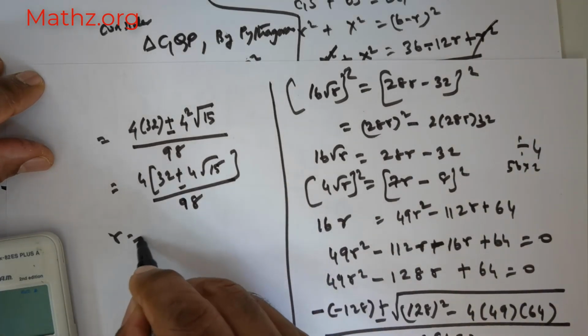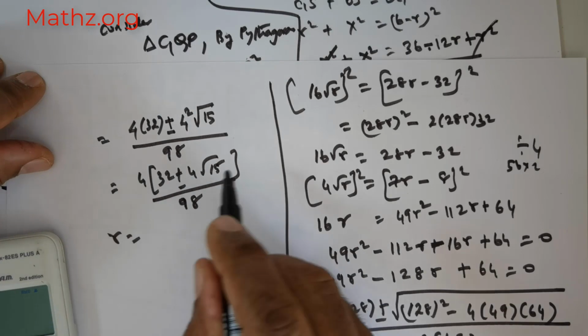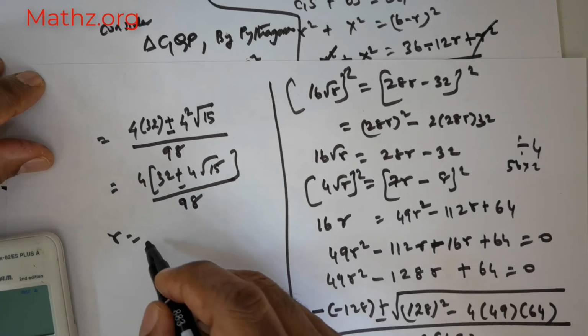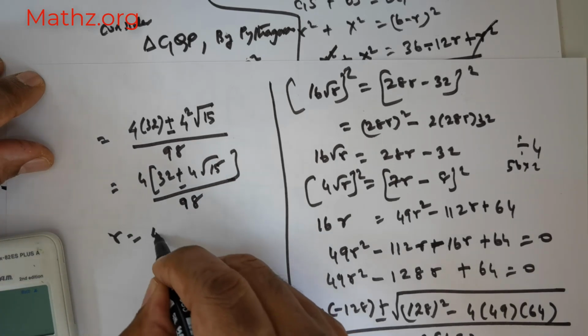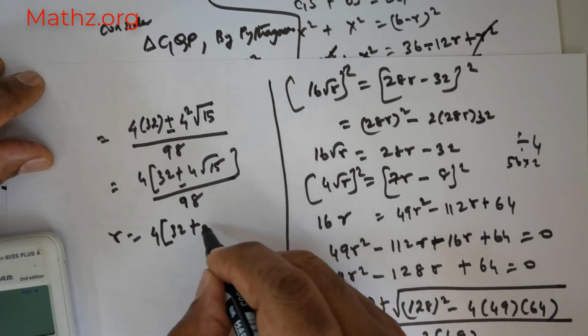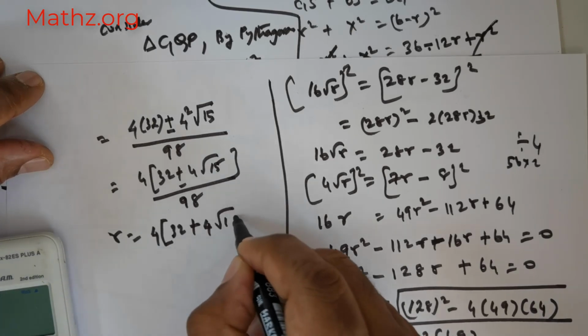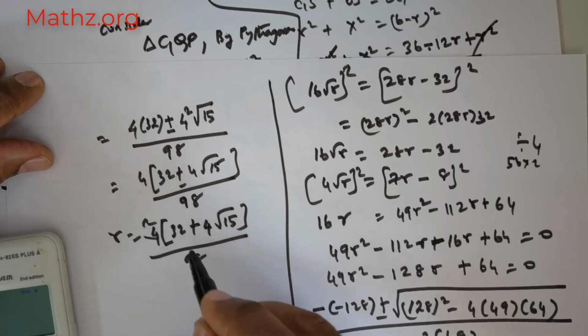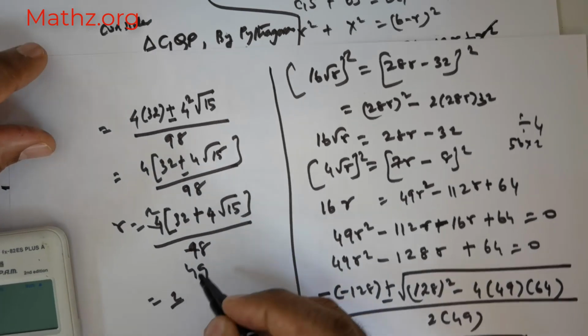Now I'm going to take the positive end, because the negative end will give me a lesser value which will contradict the question. So positive value alone I need. So it's going to be 4 times 32 plus 4 times root 15, divided by 98. So 2 4s are 8, 2 9s are 18. Now I get 2 over